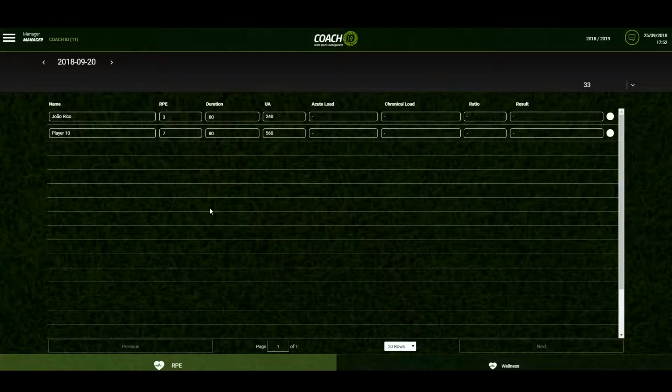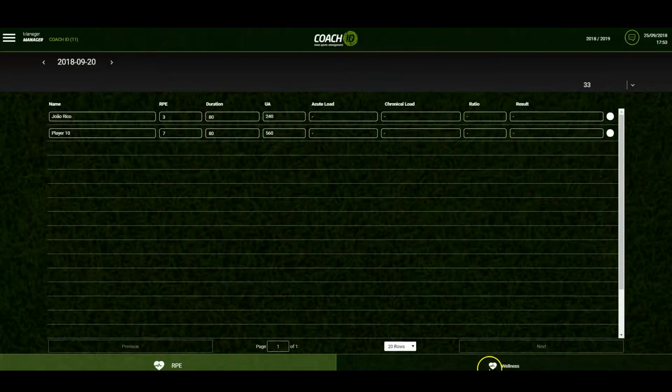So after a training exercise, the player will receive a notification on Coach ID Connect, and they'll be asked to evaluate how hard the training session was, and that's a 1 out of 10 score. So after all of the players select how difficult it was, Coach ID will collect all of that information, and it'll calculate over time the acute load and the chronic load that the player experienced for that training session. So that is very useful in monitoring how much exertion a player feels that he has performed in a training